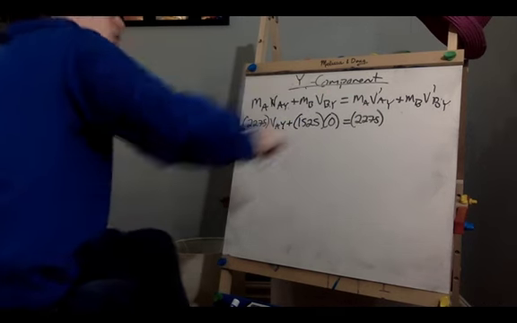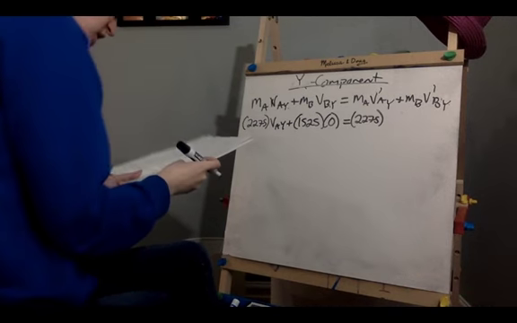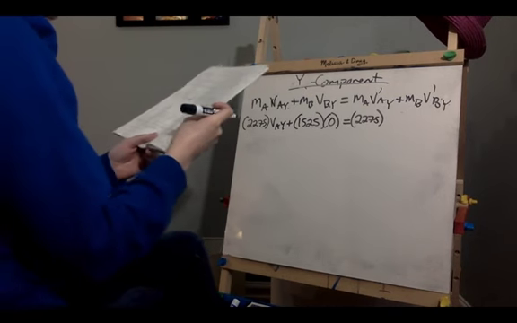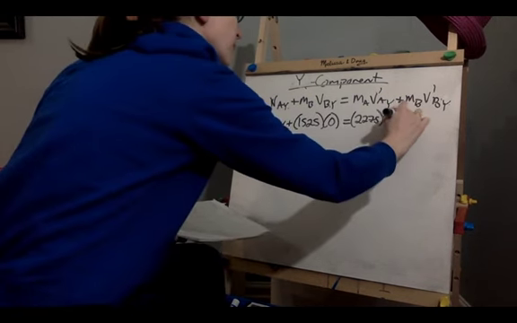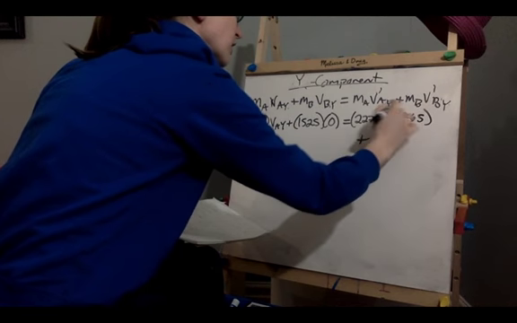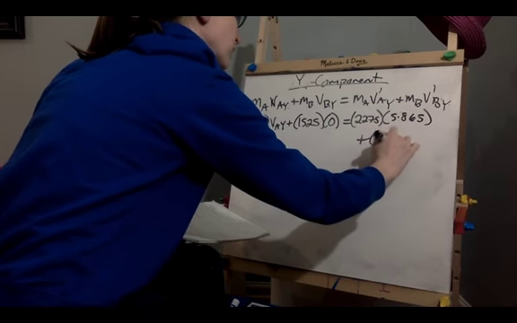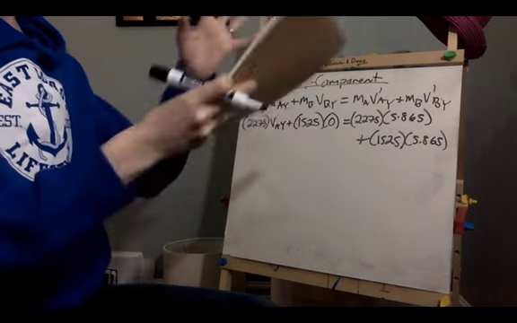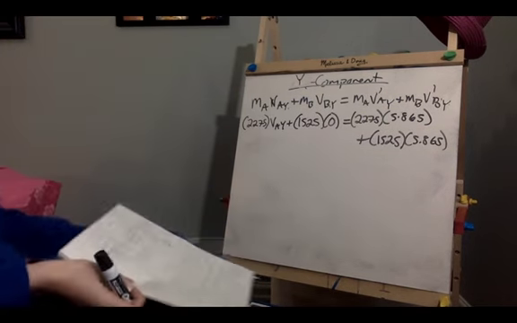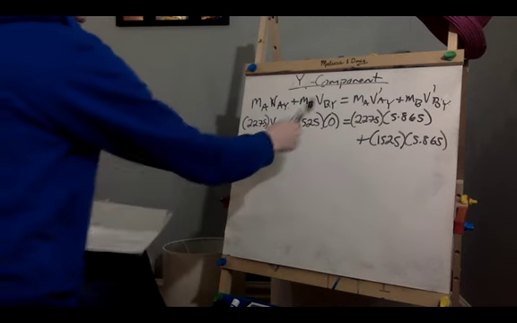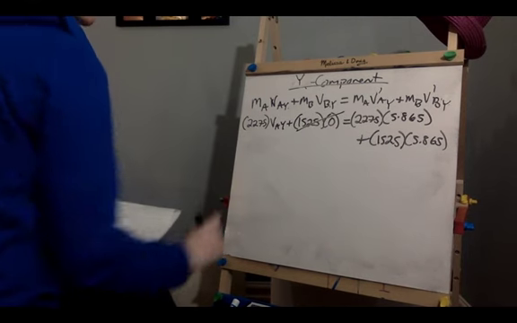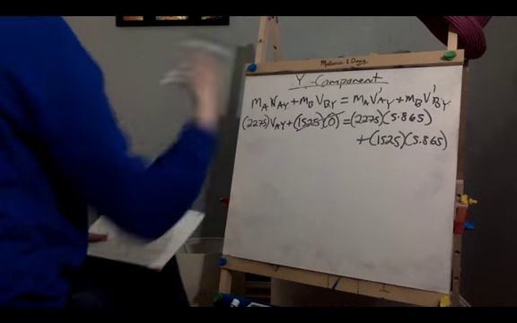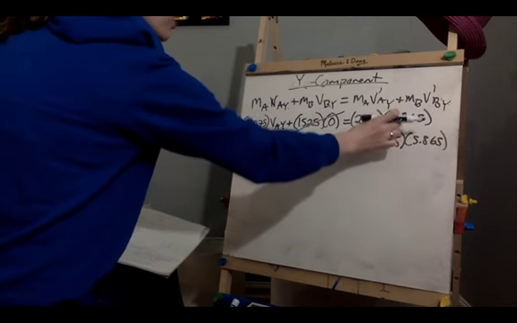This was found using the vector components of the triangle that I just did, which we had that value there of 5.865. And then it's plus that mass of B, which was the 1525, and since they're locked together, their final velocities are the same in both X and Y, right? So again, this whole term is gone because it was multiplied by 0. This is what I want, so it's the same type of thing. Multiply,